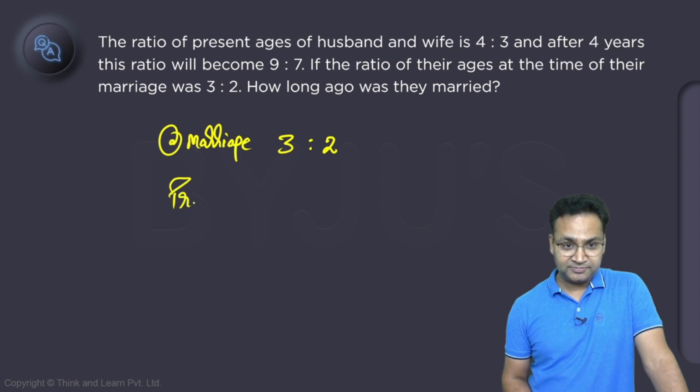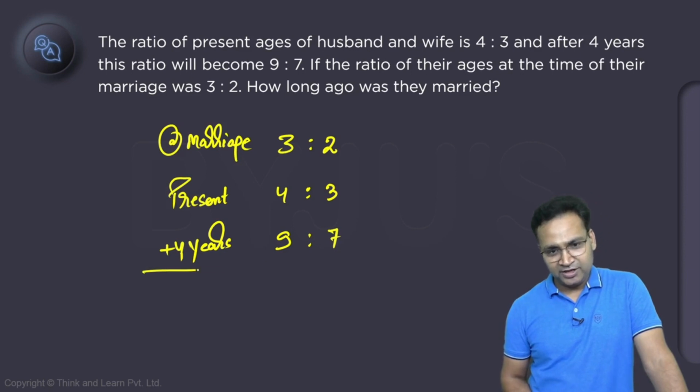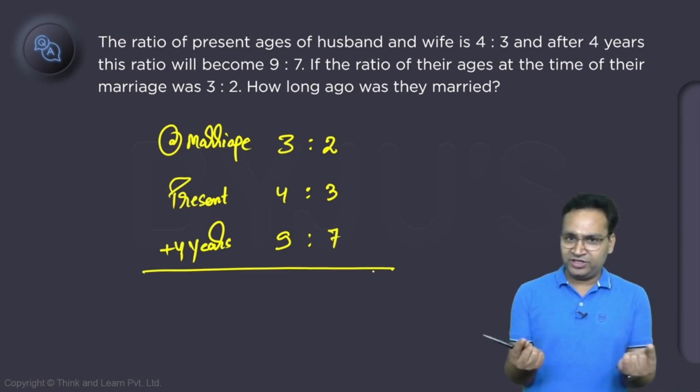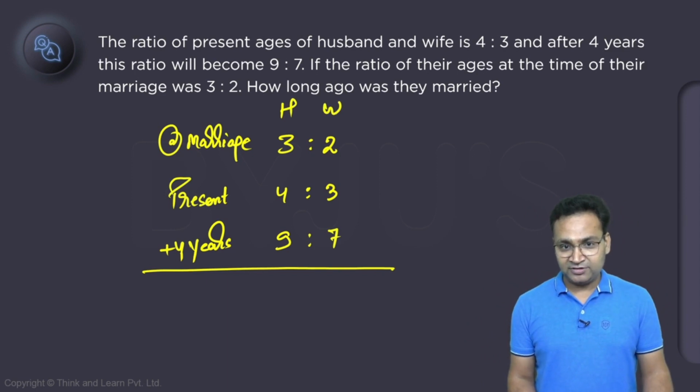At present, the ratio is 4:3. Clear? And after 4 years, the ratio is 9:7. So tell me, if these are three different ratios between the same two people, husband and wife, the difference